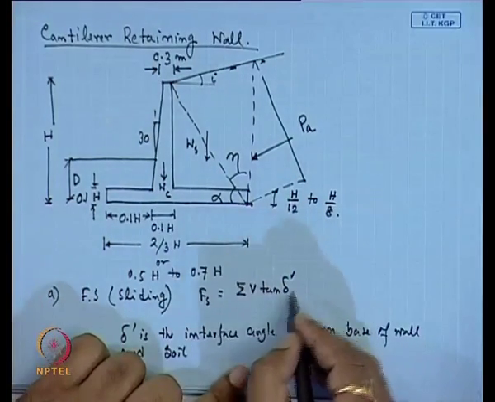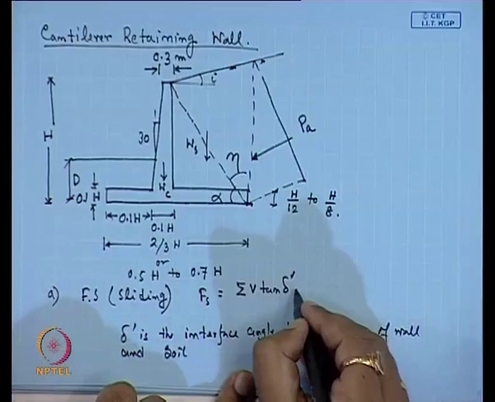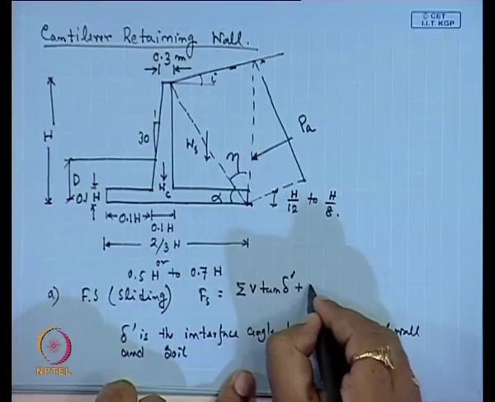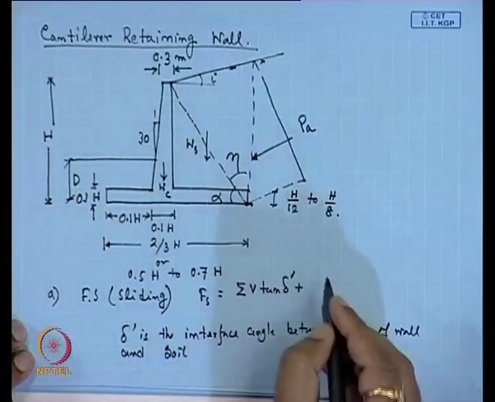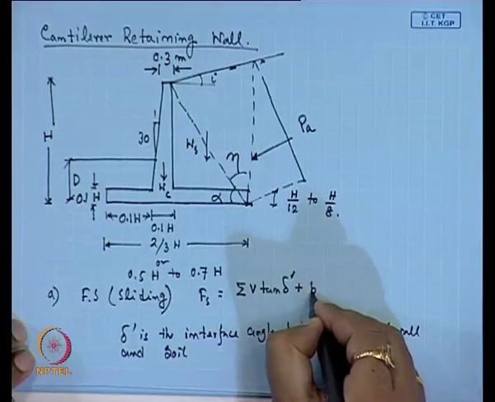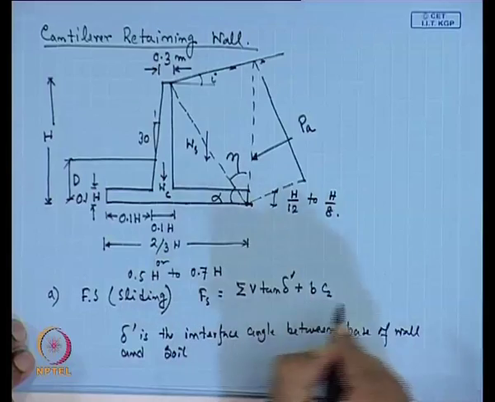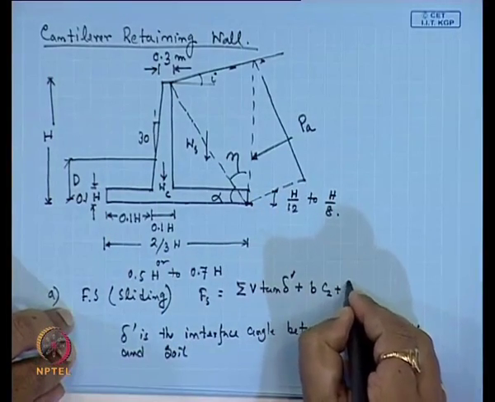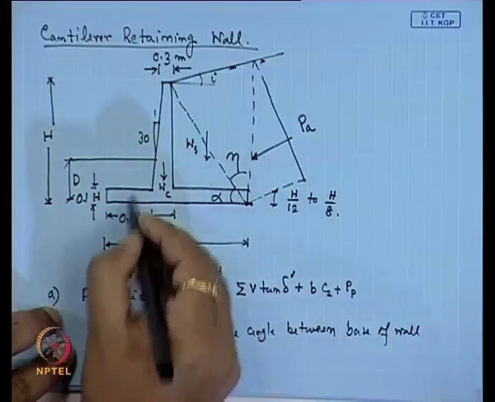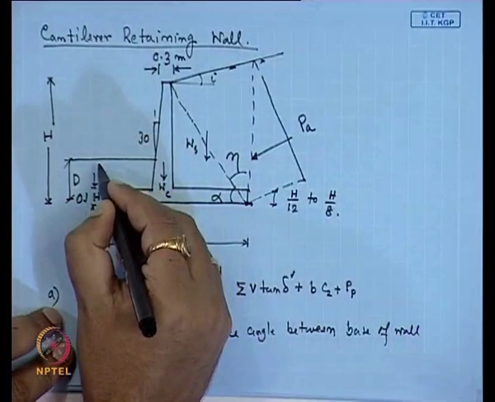So, this is the summation of V into tan delta dash, plus, if the total width is B, the base width is B into C 2, where C 2 is the cohesion of the base soil, plus the passive force P p,